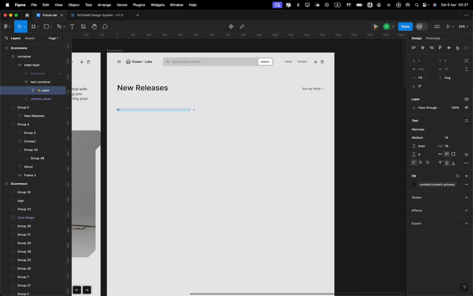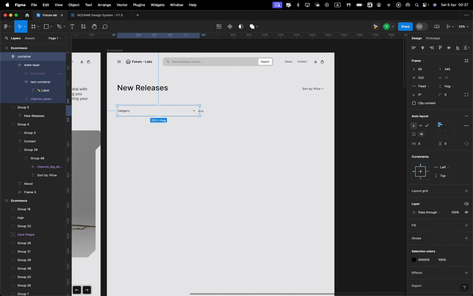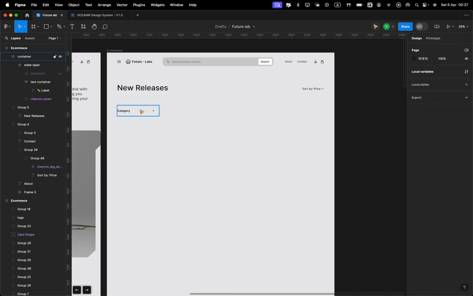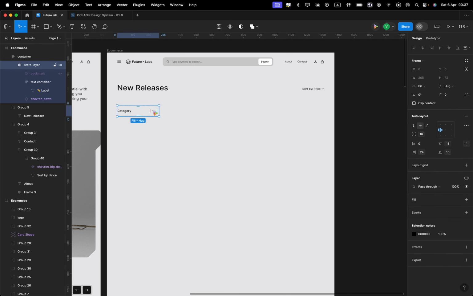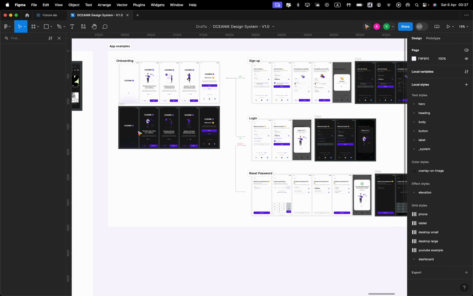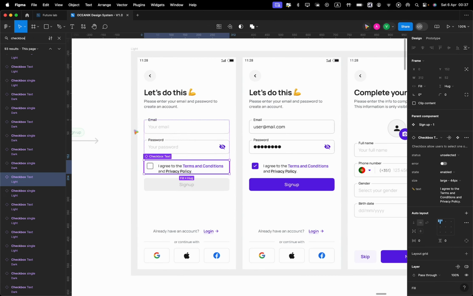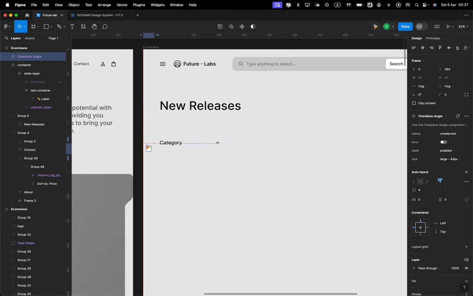Just gonna type category. Category, and this would be black. We'll make it larger, similar to this. Then also let's make it bolder, not that bold, so like semi-bold, or even, let's do 20 pixels and let's make it medium. And yeah, something like this. Let's move the arrow. Let's put the arrow up, and after that we need a checkbox to allow the filters,